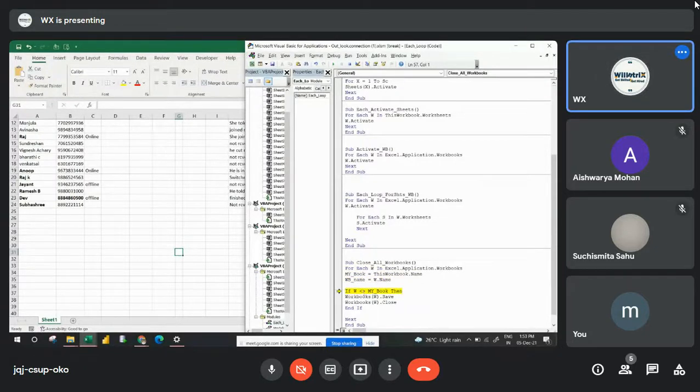Yes. Then here, if WBName is not equal to MyBook, then I'll run the code from the beginning. Save and close. All workbooks will be saved and closed, but not this workbook.